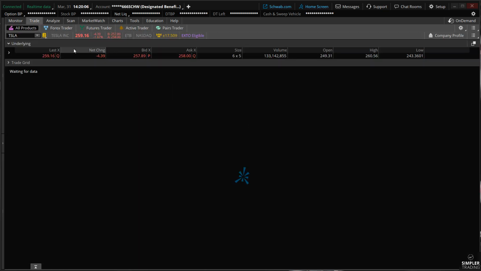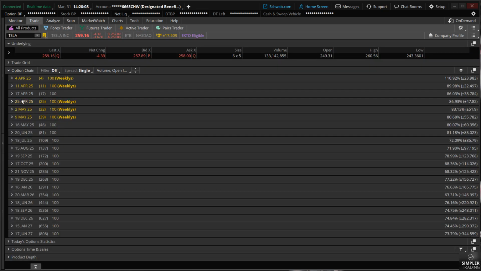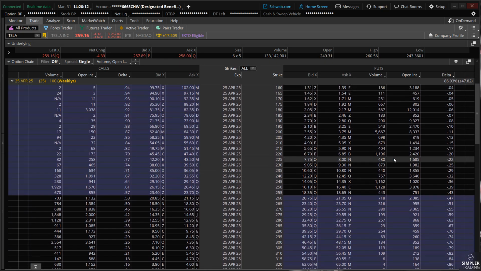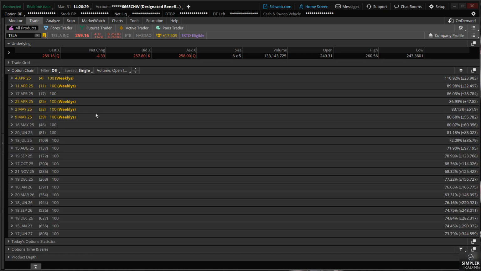And I'll note that, today, even though it was up, it just basically came back and filled this gap. So let's go into the option chain, and this would be the week that it'd be reporting earnings. So it has a $47 expected move into that time frame. You're trading at 260 basically. So it's not out of the realm of possibility that we're all the way down at 200 before that earnings report.